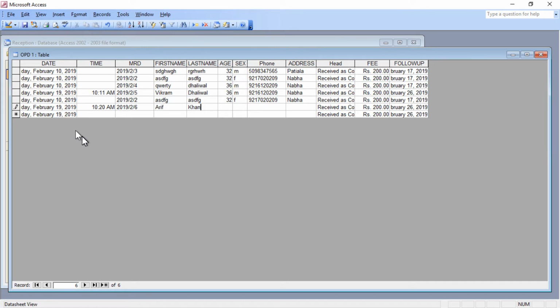He is a few months old. No, he is 3 months old, male child. You can enter his parents' phone number and address. The beautiful thing of this EMR is you just have to close to save it.